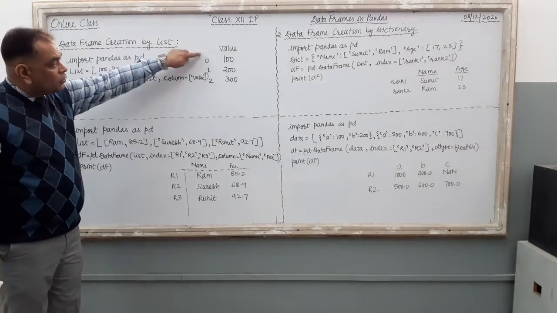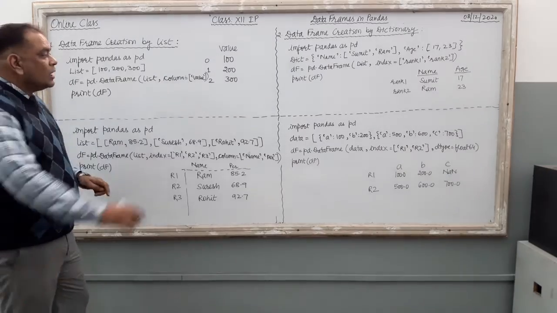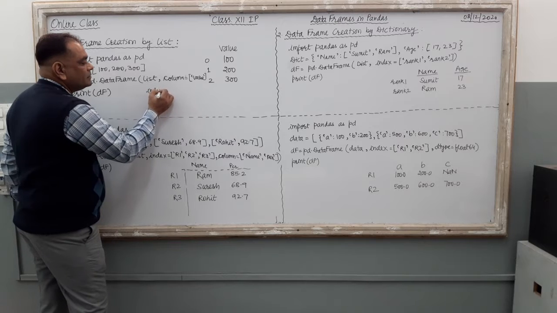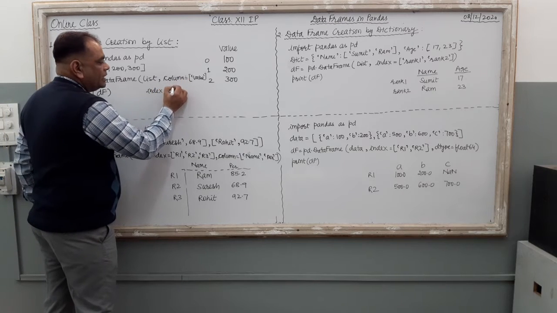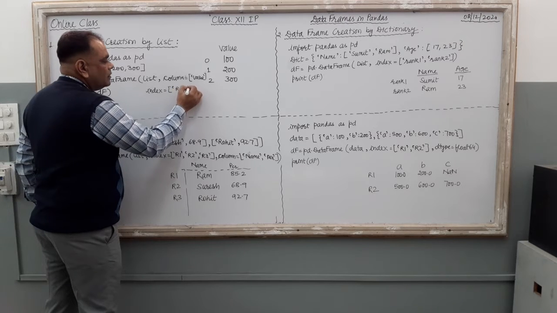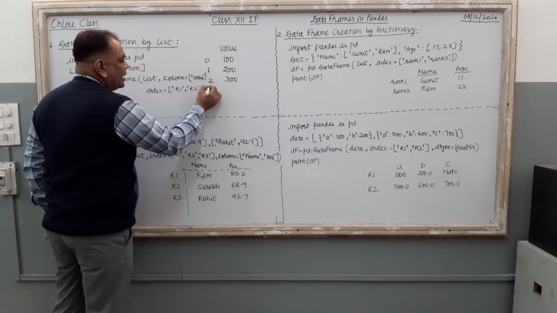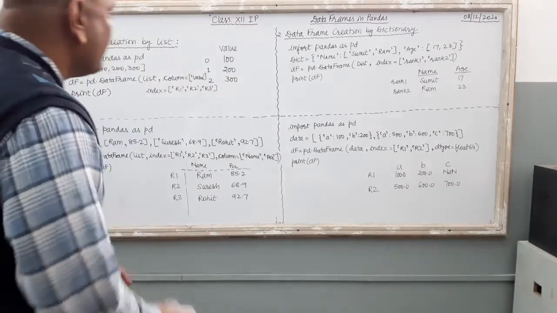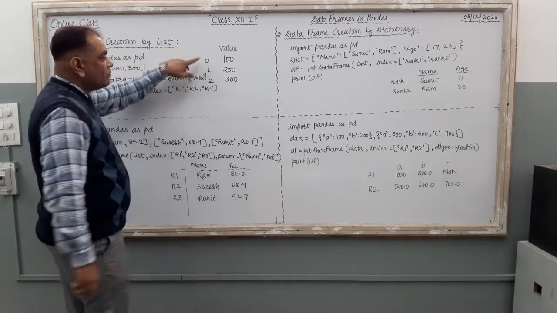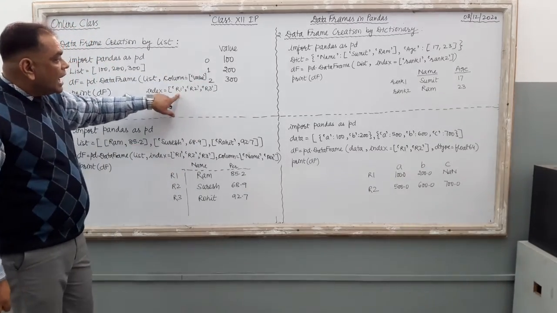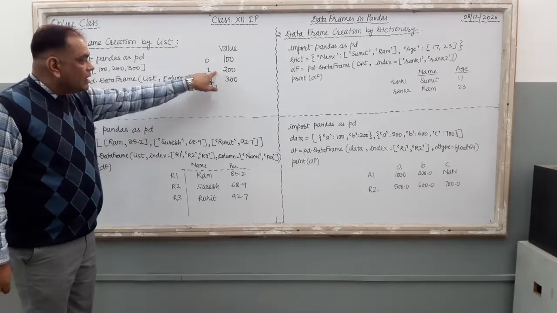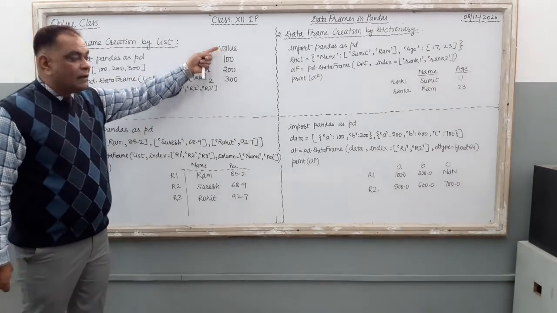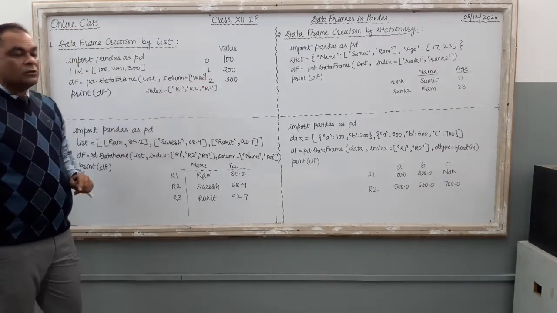Right? Now if you want to generate the index name over here, what do you have to do? Extend this command again. Just put comma and here just use index equal to. Now my indexes are R1, R2 and R3. These 3 indexes are there. Now just see what will be the output of this data frame if you execute it. So instead of 0, 1 and 2, the computer will put R1 over here, R2 here, R3 here. Now this data frame is converted. Column name is there with the data frame, and then the row names are also there with the data frame.